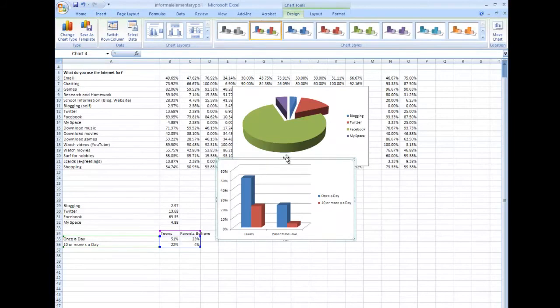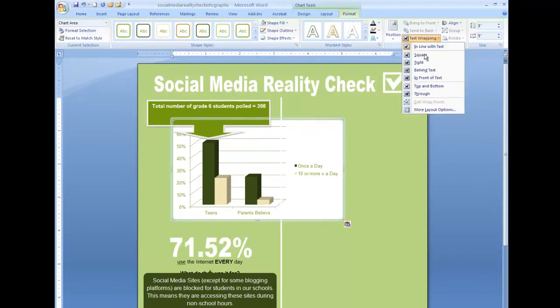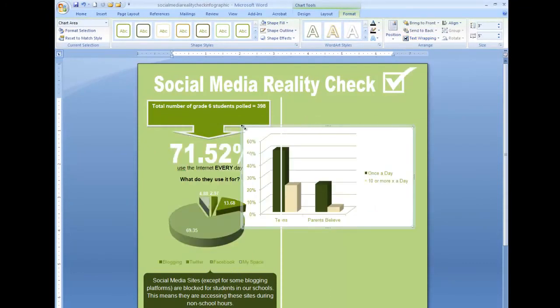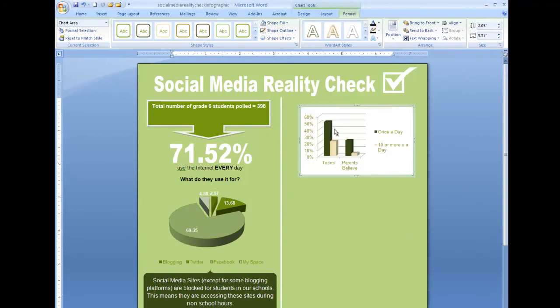Again, I'm not going to bother editing it. I'm just going to copy it, go to my chart. Notice it changes the color and shape, and I can't move it because what did I not do? Text wrapping. One of these little jobbies, okay, and then I just go through and edit. I want to put the data labels on,